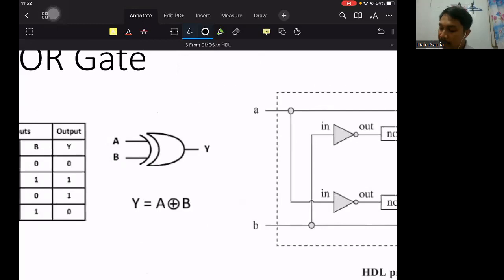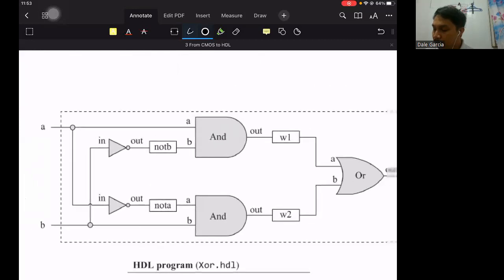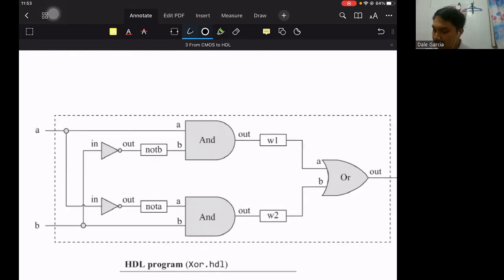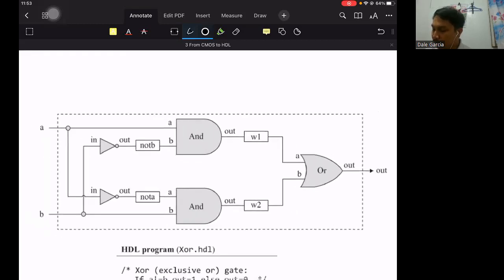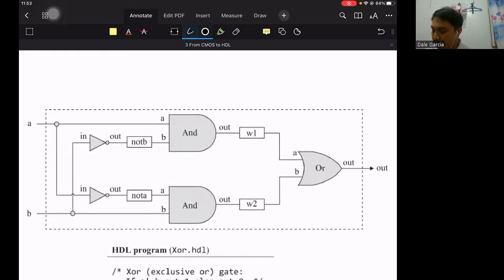So to implement our XOR gate, we need the OR, the AND, and the NOT. For the moment, let's forget about the NAND gate. But of course, we'll be using the NAND gates to build further complex logical functions such as this one. But supposing we already have HDL files for ANDs, ORs, and the NOT,